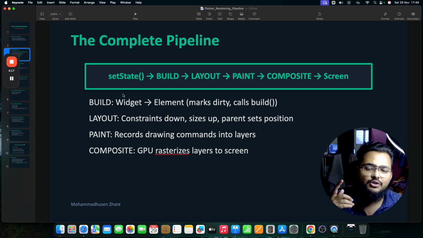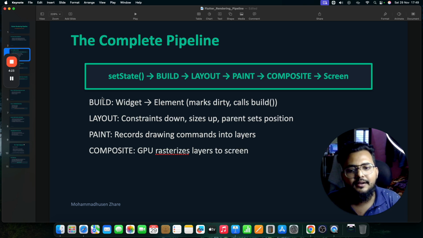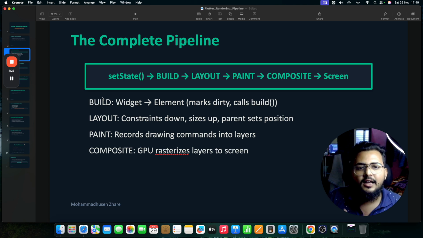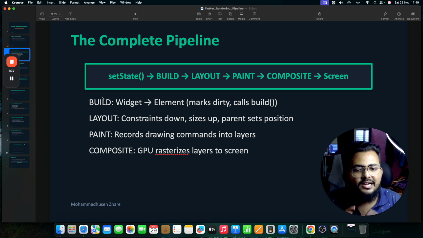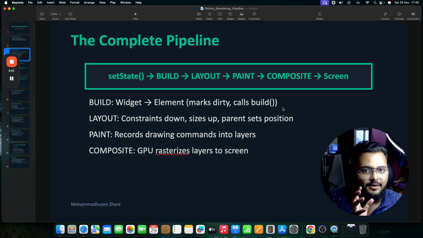But generally we start with the build method, which calls the engine and widgets start building. Then that build method is used to mark some widgets as dirty. If you are doing heavy calculation inside your build method, that will be marked as a dirty build. Such things will happen in the build stage.